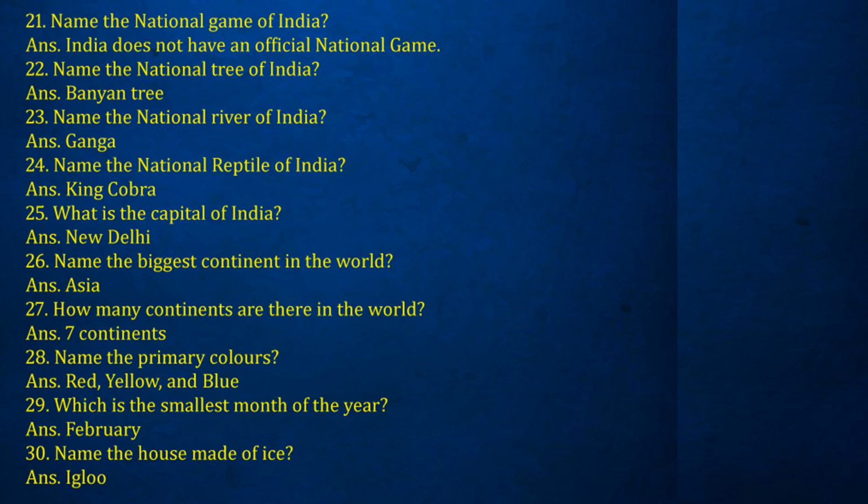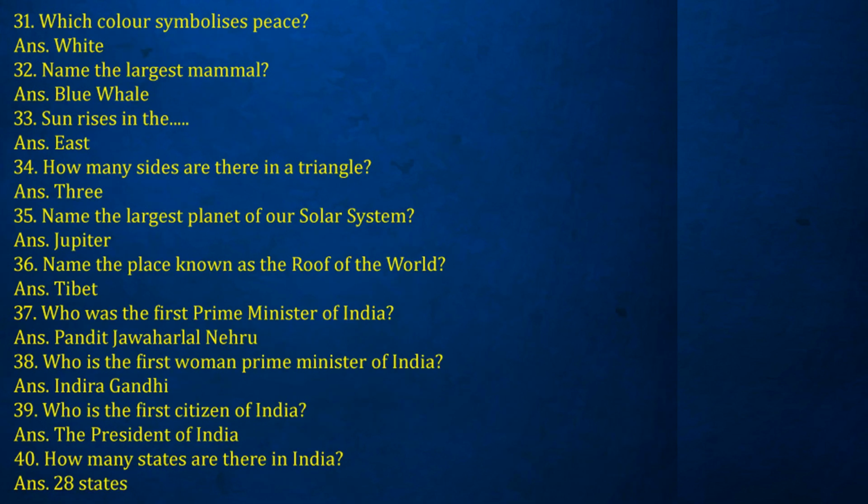29. Which is the smallest month of the year? Ans. February. 30. Name the house made of ice. Ans. Igloo. 31. Which color symbolizes peace? Ans. White. 32. Name the largest mammal. Ans. Blue whale. 33. Sun rises in the